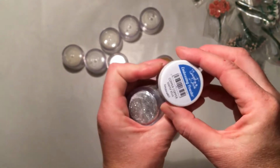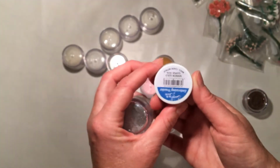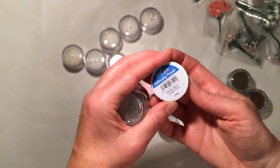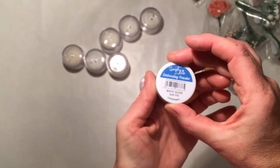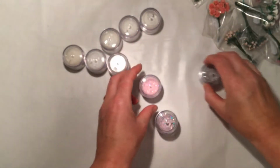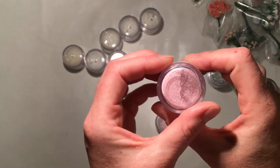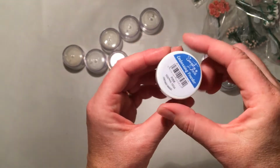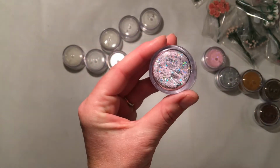So this one is the copper. This one is the classic metallic. Then I got the citrine pearl gold. This is white silver super sparkle. This one I really like, soft pink. It's a pink sparkle. And this one is also pink vintage magic, so it's got larger bits